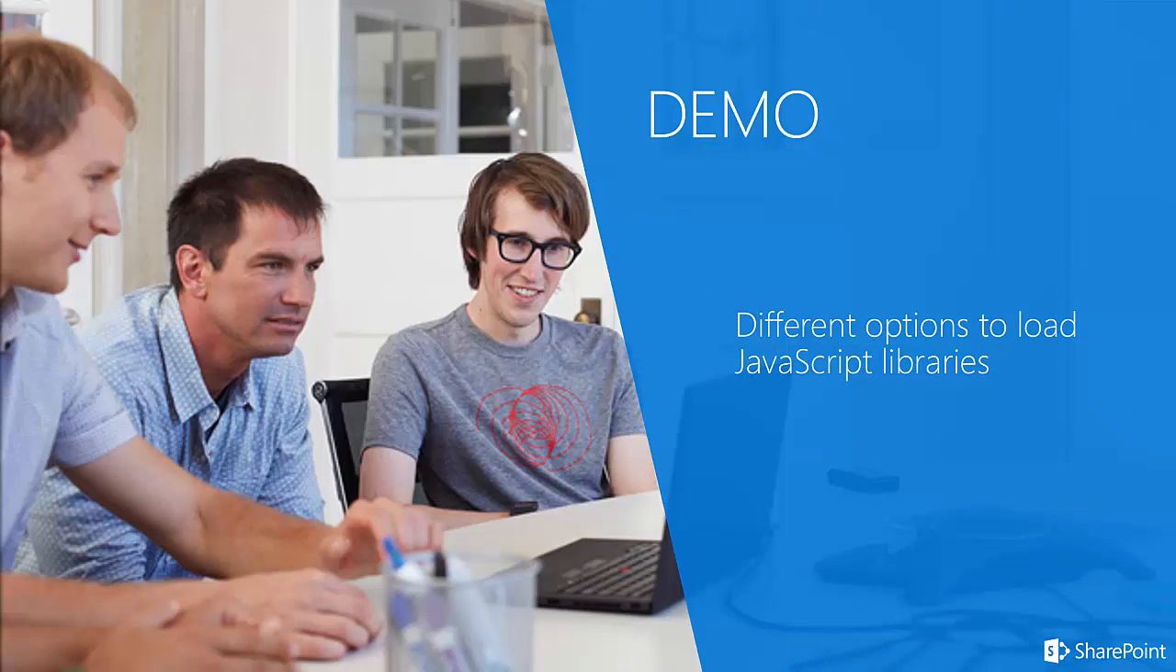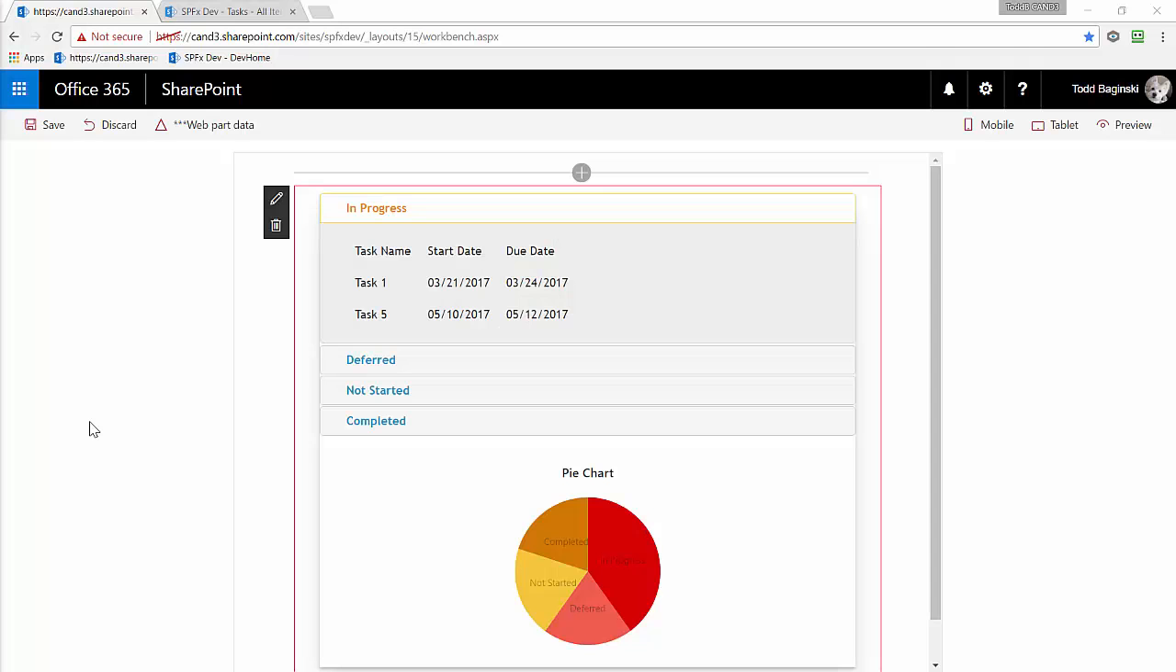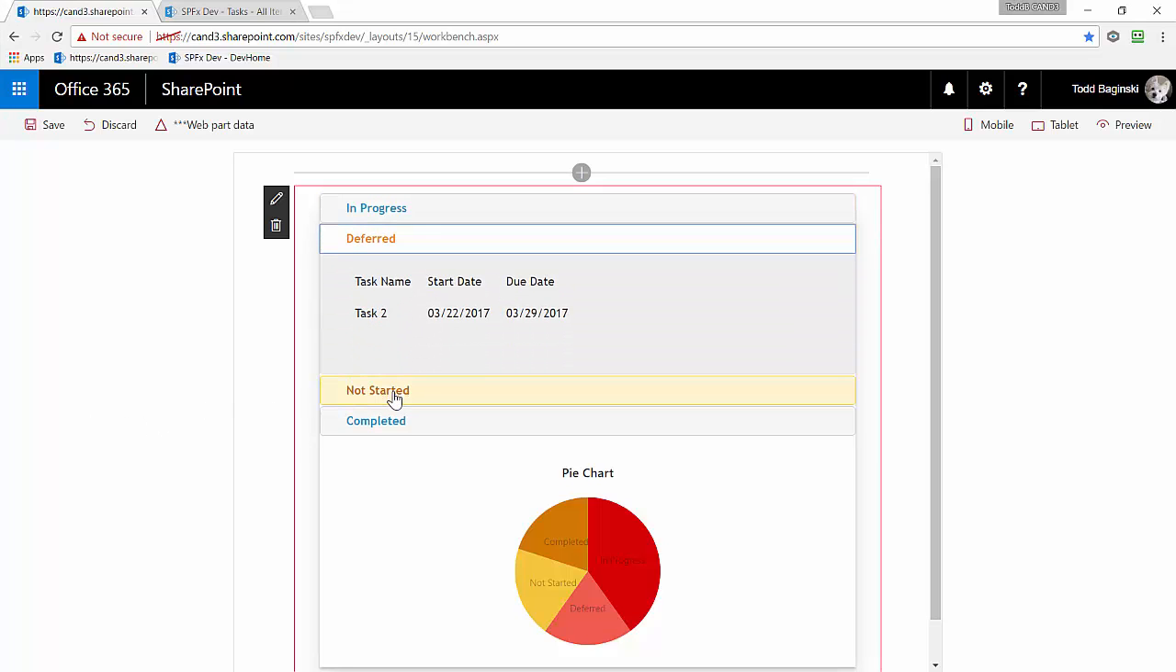In this demo, I'm going to show you how to use different options to load JavaScript libraries in your web part projects. Here's a look at the web part we're going to build inside of this demo. I'll show you how I was able to use the jQuery UI, Chartist, and Moment libraries with the SharePoint Framework web part. So what our web part does is it displays a nice accordion of tasks coming from a SharePoint